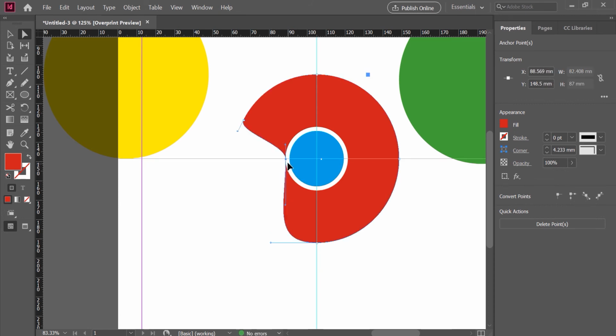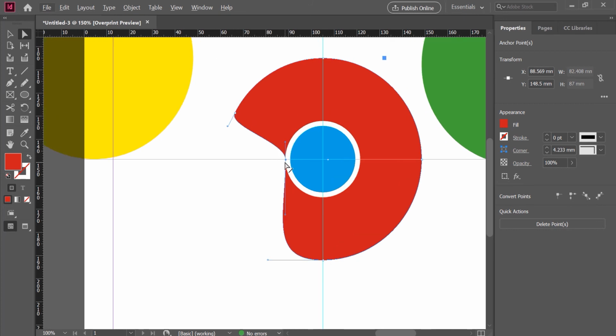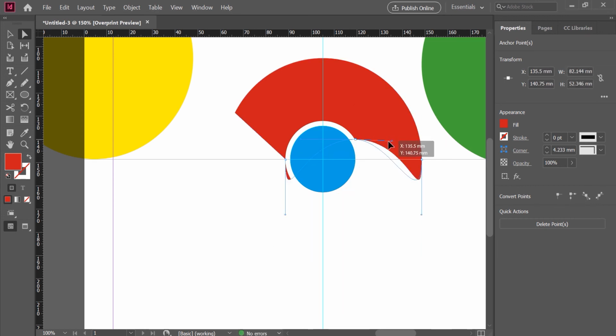Okay, but since it's a straight line from here to here, use Alt key on your keyboard, bring this line till the point, and for this one also bring this line till the point using Alt key. And there is another point from here to here, so for that I will make use of this point and bring this point from here to here, and even this line bring it till the point so that it becomes a straight line.